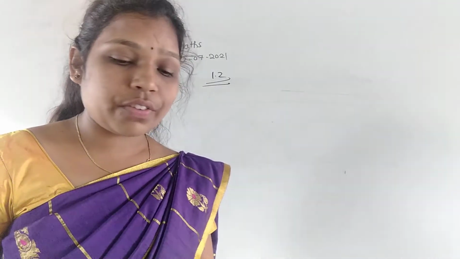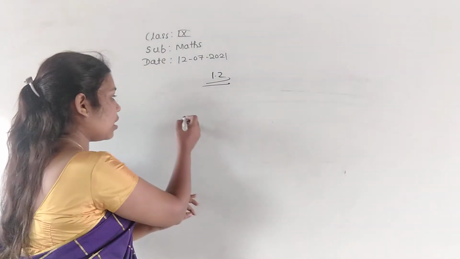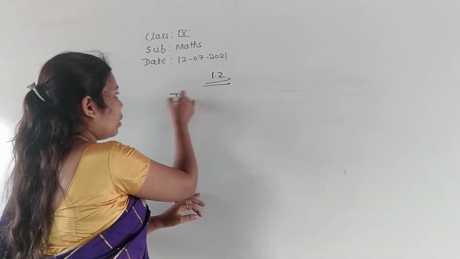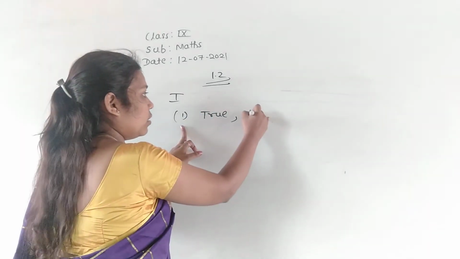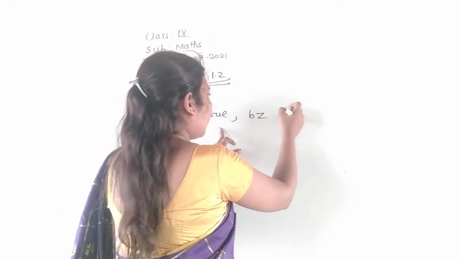So for that reason, what we can say here is that every irrational number is a real number, see Exercise 1.2, first question. That will be the true statement. Why is it true? See here, because